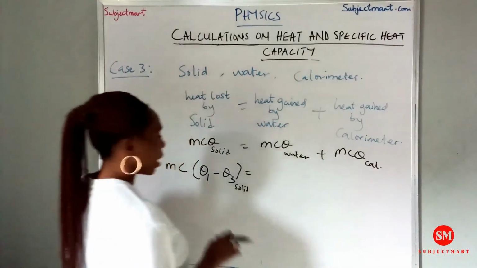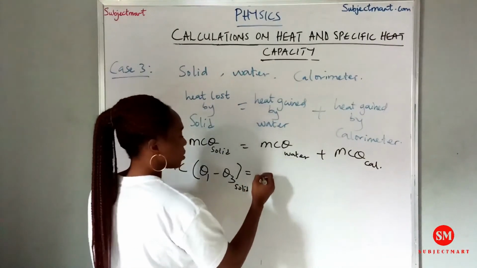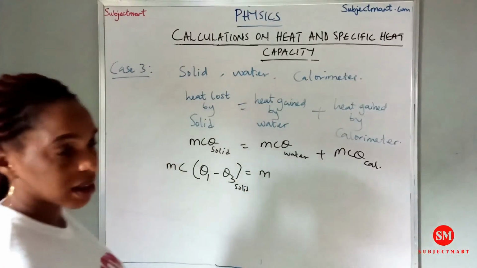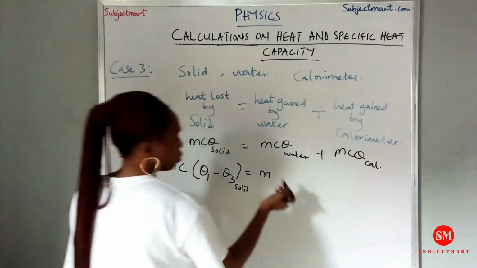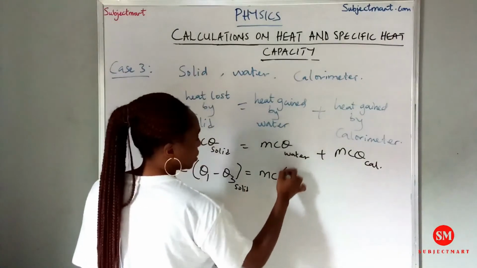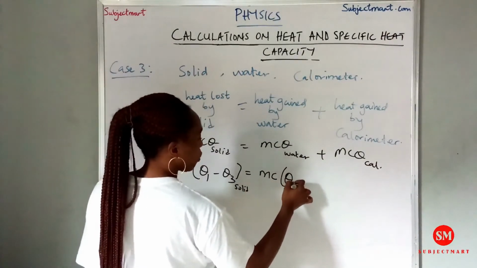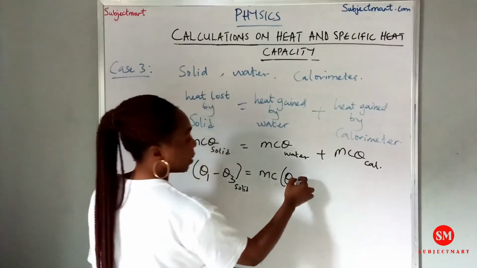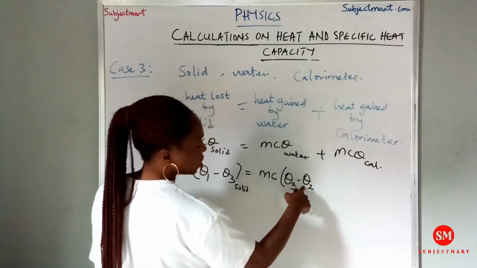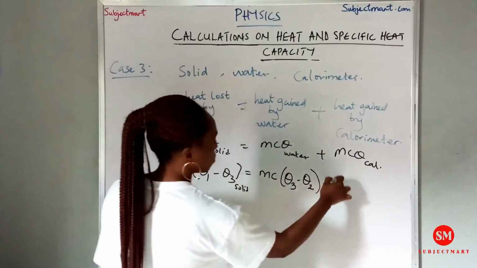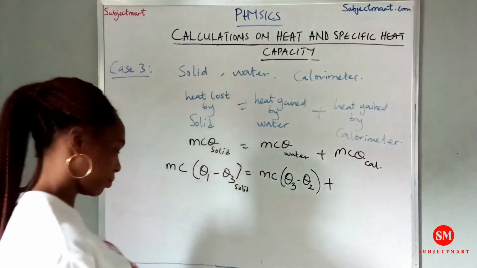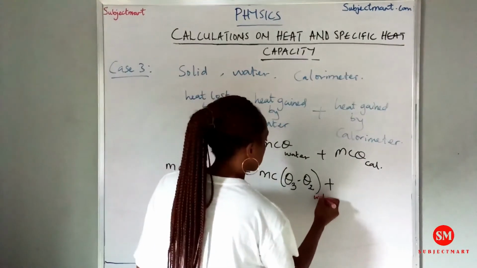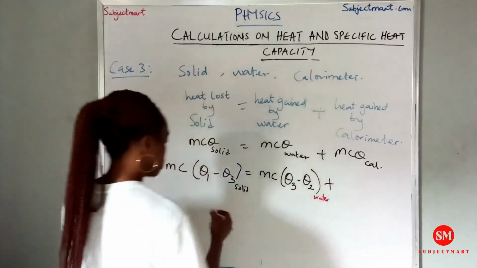So this m here stands for the mass of the water. C is the specific heat capacity of the water, which will be given. Then the theta will be theta 3, that's the final temperature, the equilibrium temperature, minus theta 2. This theta 2 is the temperature of the water. This is for water, this is for the solid,